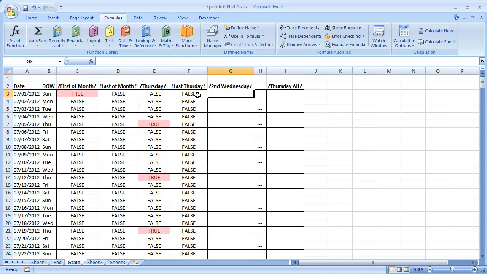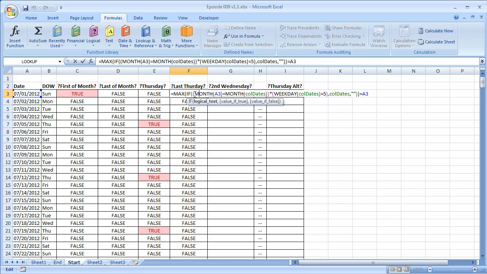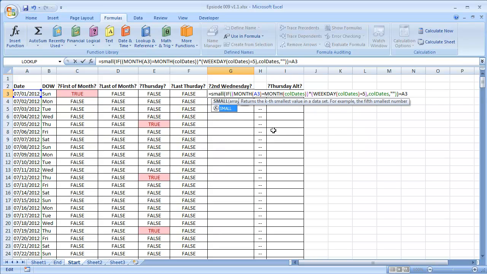So now for the second Wednesday, this guy is basically going to be the same formula. It's going to be just very slightly more complicated. So I'm going to just be lazy and scoop this guy up, Control-C, escape, double-click, Control-V. Oop, don't forget my equality. So this time, instead of doing a max function, I'm going to do a small function. And what small does is,